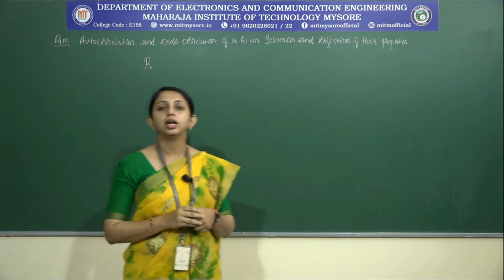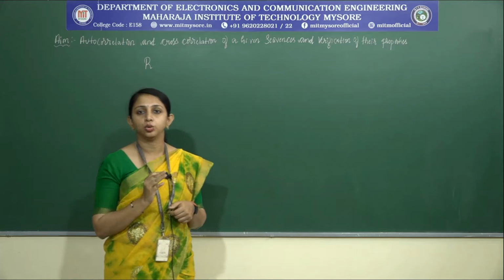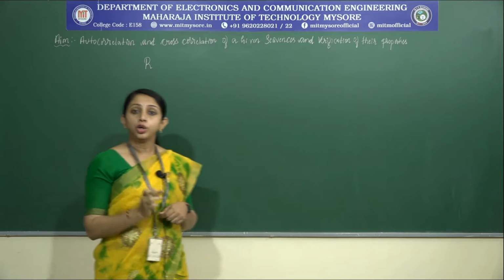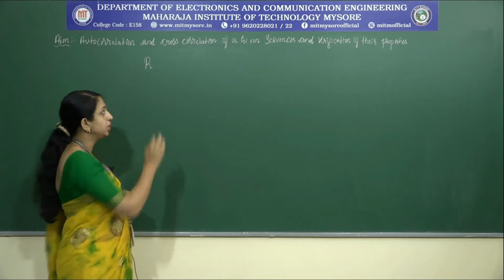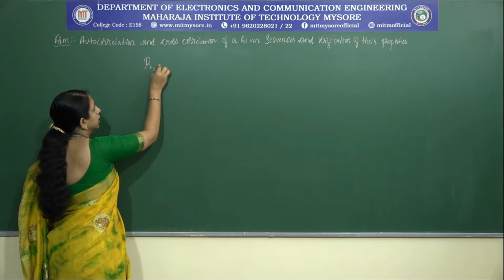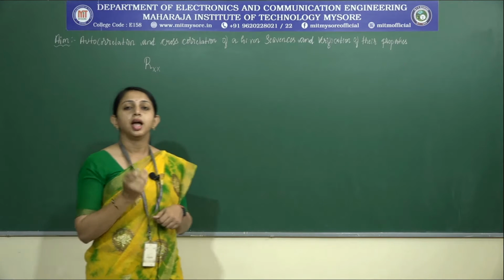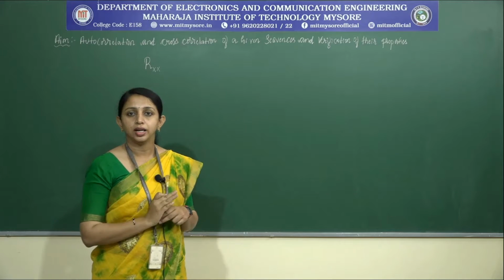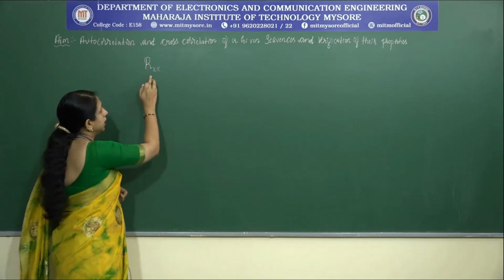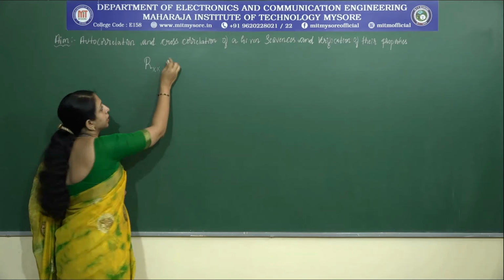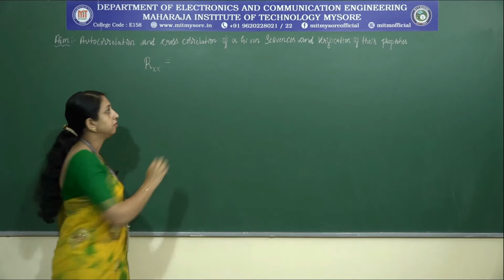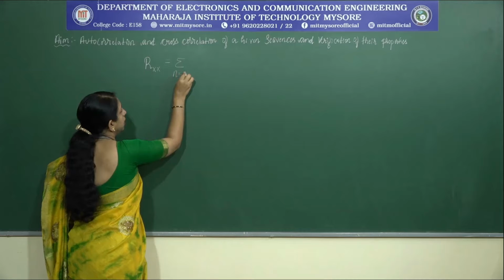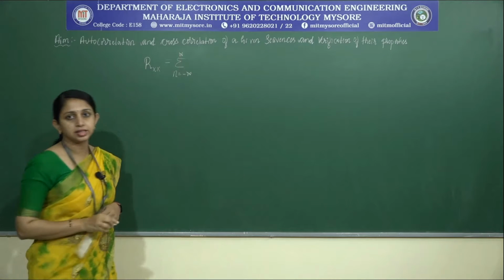The correlation coefficient is always denoted by capital R. For autocorrelation, it is considered as Rxx, because I am considering the input x, and with the same input I am doing the correlation operation. Hence, it will be taken as Rxx. The equation can be written as summation n equal to -infinity to +infinity